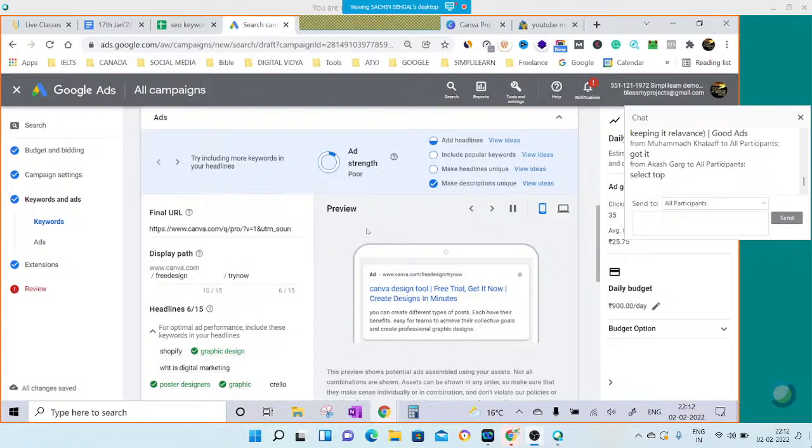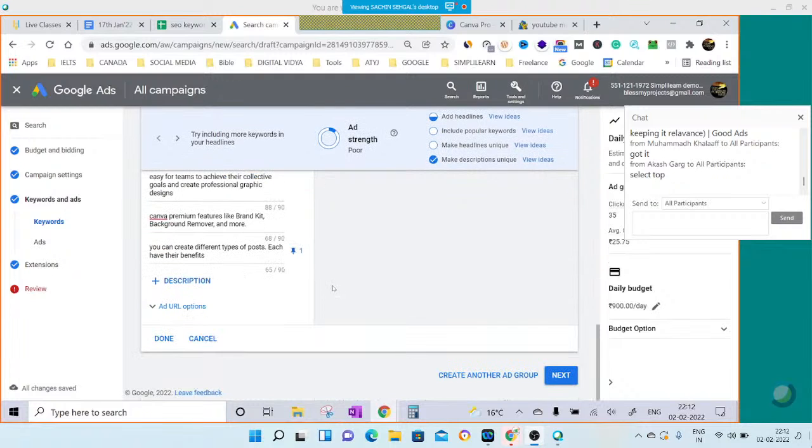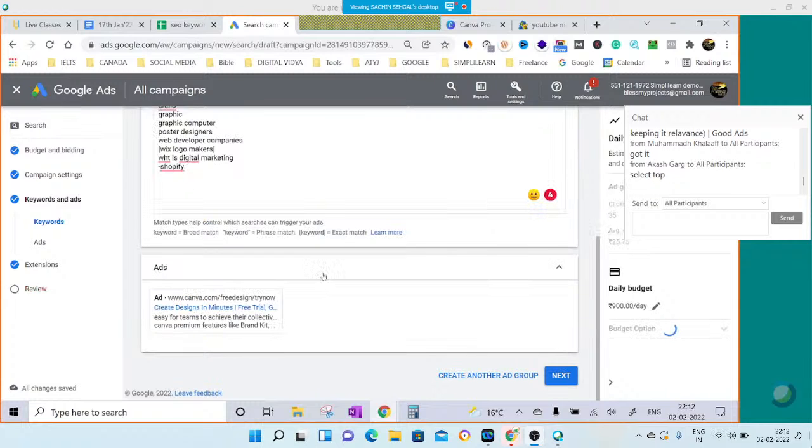Maybe we can just take a break, and then I'll give you the case to do. I'm just going to give you a case where everything will be given: what you have to select, and then just tell me how it's working for you. I'm just going to click done. Once it is done, then you can check it out. It has been made, and when you click next,